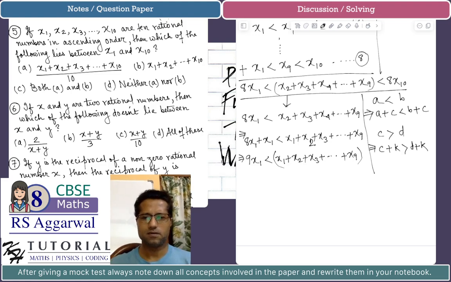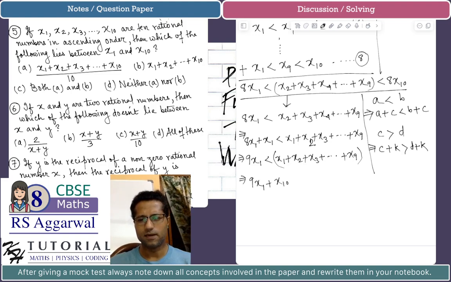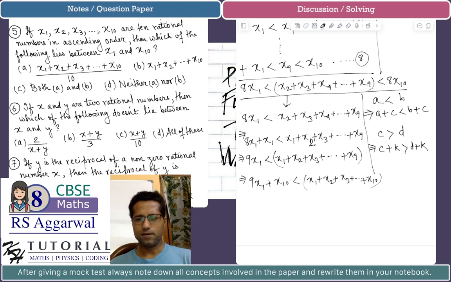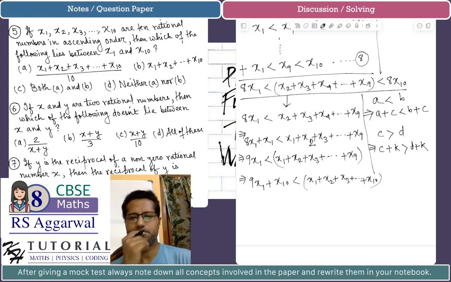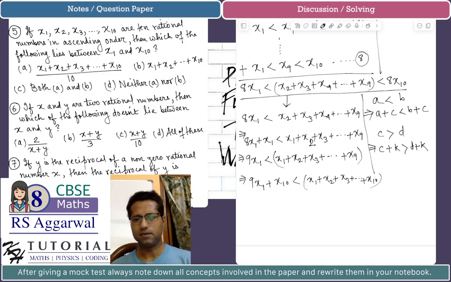This implies, if I add x10 to both sides, I get x1 plus x2 plus x3 up to x10. We got this, but I need the left hand side. Now, if I divide by 10,